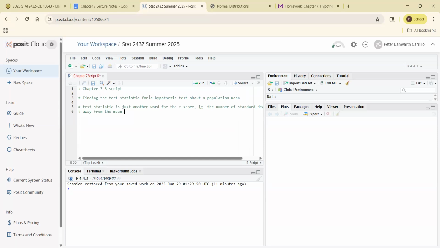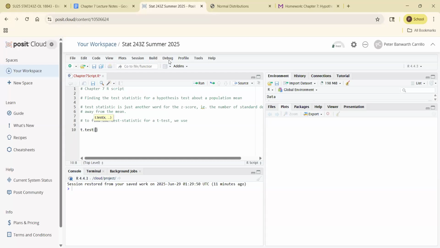There's some very subtle differences, but essentially that's what it is. So in R, to find the test statistic for a t-test, we use t.test,